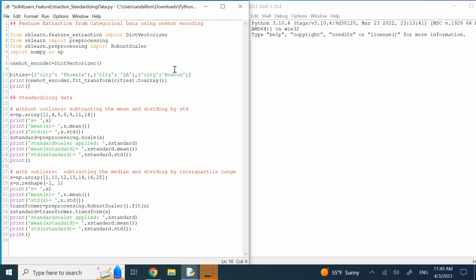And so if I want to use them as my X data for machine learning, whether supervised or unsupervised, the computer cannot work with Phoenix or LA. Computer understands numbers, right? At the end of the day, zeros and ones. So what we need is to convert these into numbers. And one of the methods is called one-hot encoder. Well, basically, it assigns to them